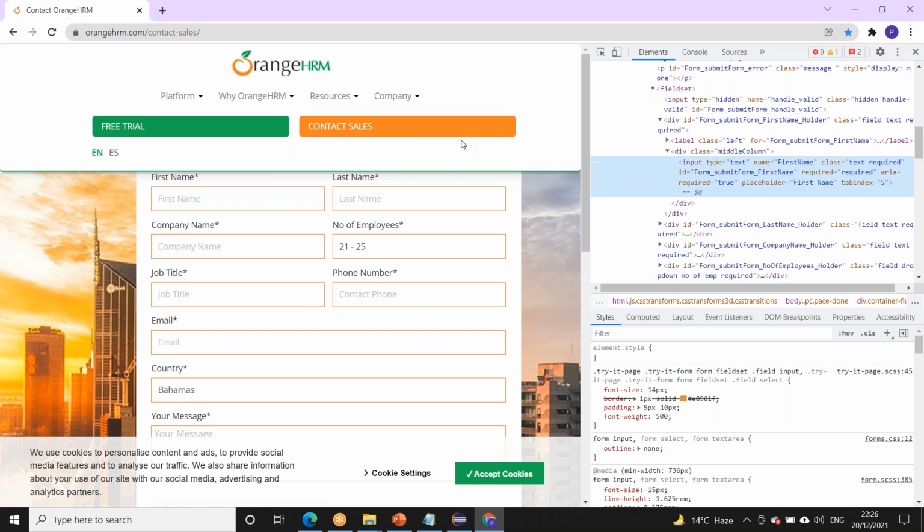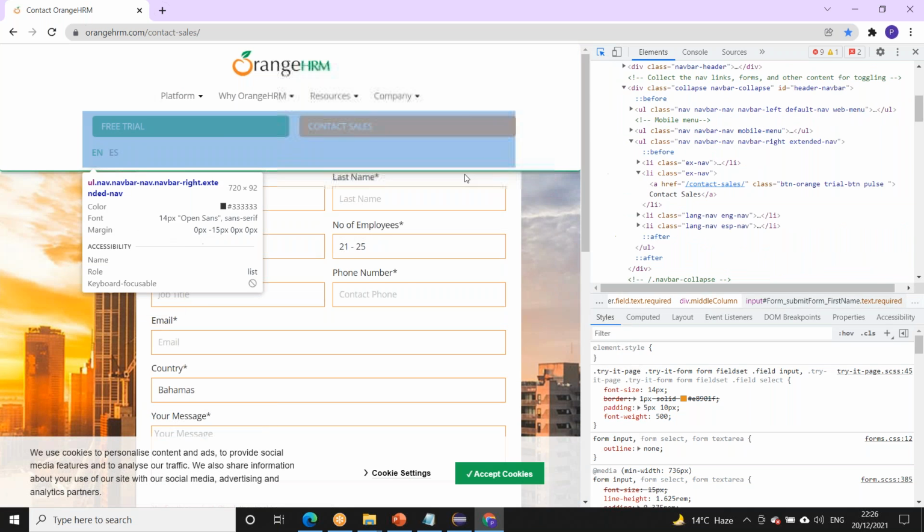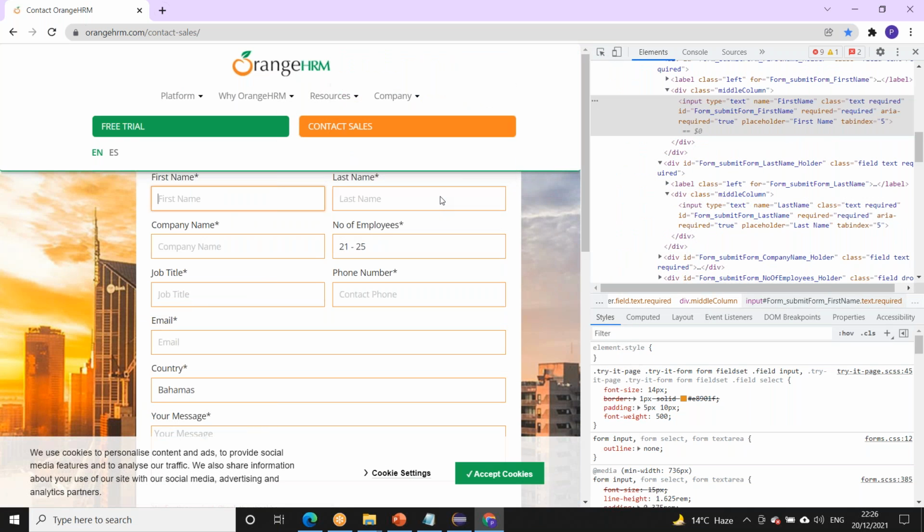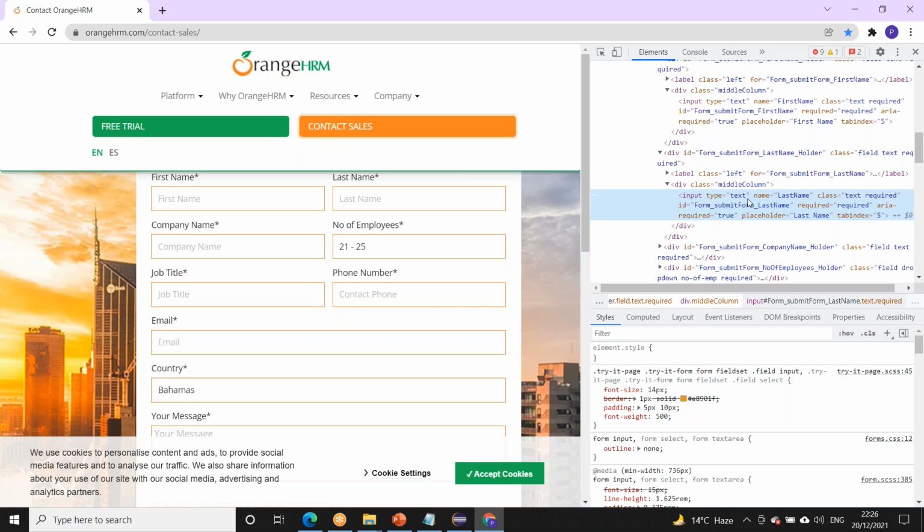There is another way also. Here a small button with a mouse cursor is available. This one. You click on this and drag it to the element. Which element do you want? This last name. So this is the address of that last name. In technical language, this is the code for this web element. What is a code? This is a code.